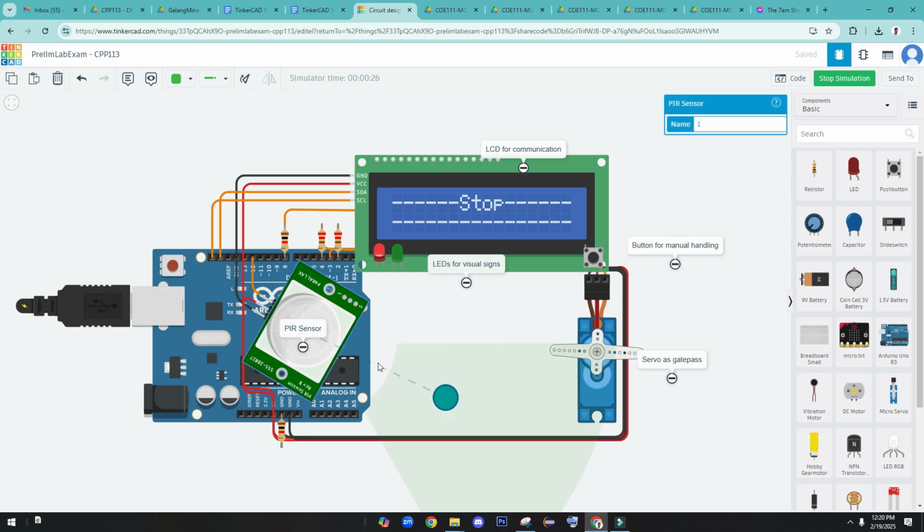Let's say there's something in the sensor, it will sense a vehicle is approaching. Okay, welcome to the Jurassic Parking Management System. Gate opening. So the gate opens and the LED turns green. Have a nice day. Okay, so after 5 seconds the gate will close again and will stop. Okay, and then another vehicle.